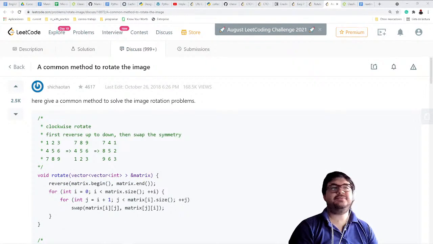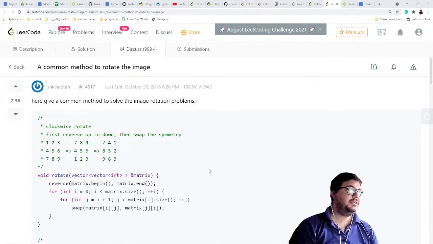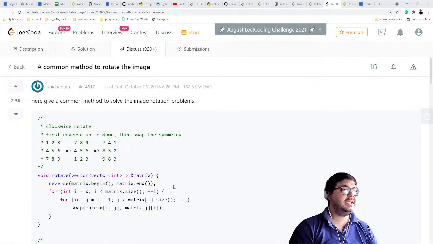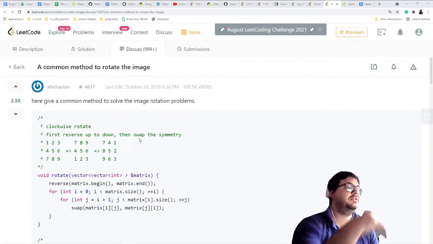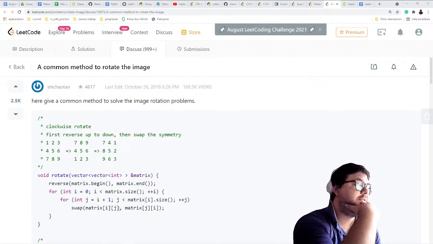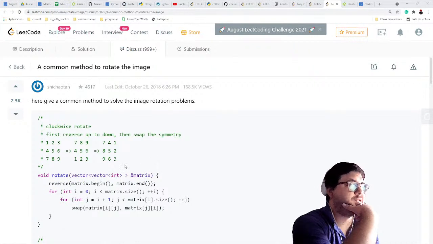Okay, I'm back. So we first reverse the matrix and then we do the swap where a row becomes... symmetry. Okay, so this one,